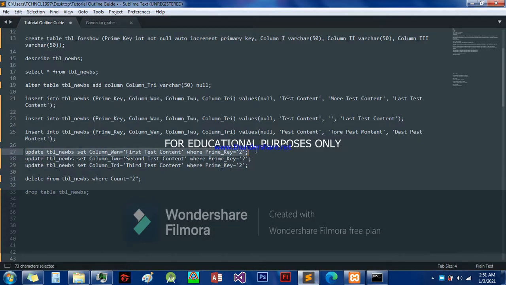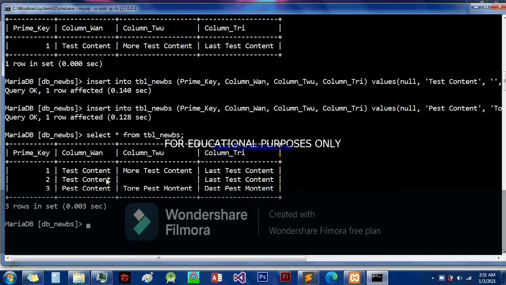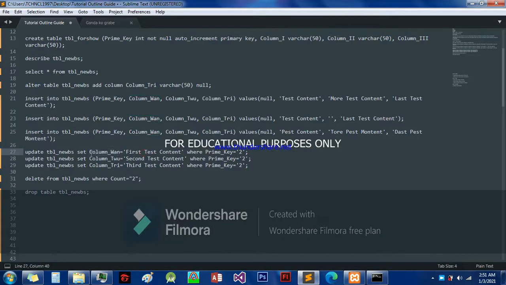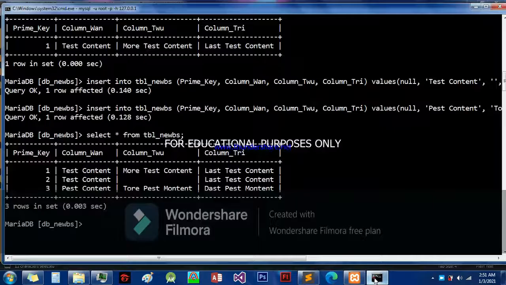So the syntax is update tbl news, which is the table name, set column 1, which is the column you want to change, field that you want to change the data of. So basically column 1 from down here. So this is the field that you want to change, and then